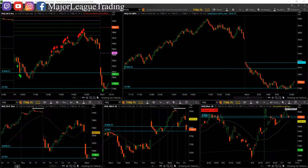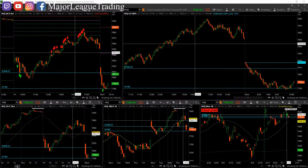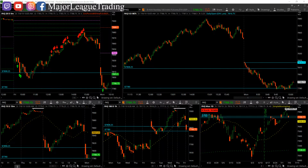what are overnight highs in there? 78.63s are overnight highs. I think an easy target here for the day would end up being like 78.44s or so. I mean, obviously we'll see. We've got to get through 78.08 quarters just yet,